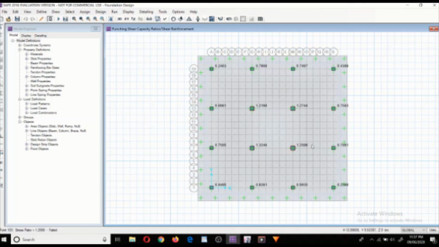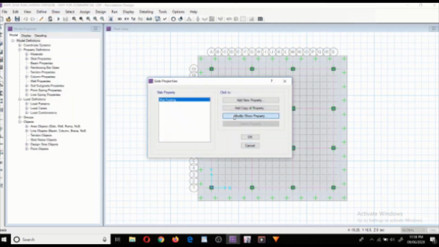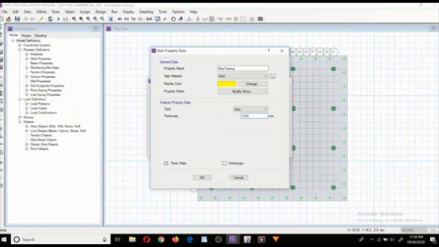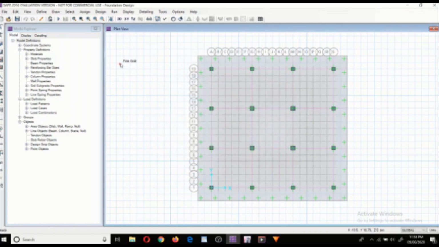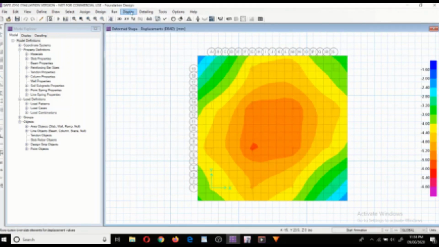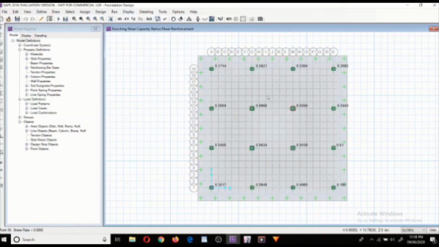If it is again failing, then increase the depth to 1200. After that, all values are less than 1, means our design is safe.